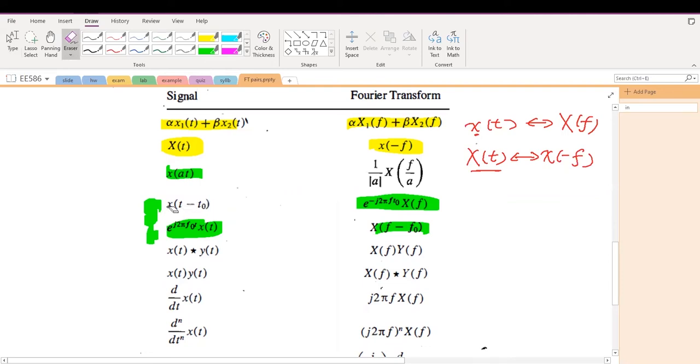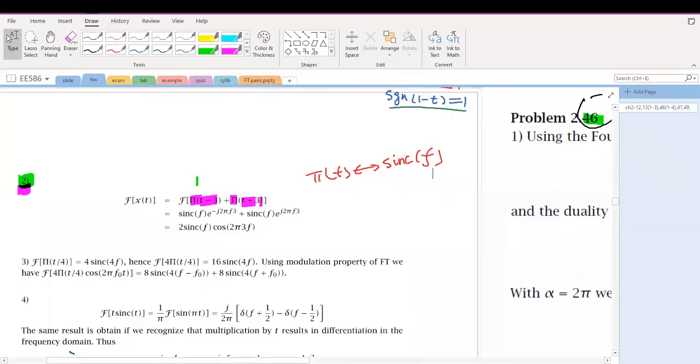x(t minus t naught) is time shifted. Then with the Fourier transform, the Fourier transform is shifted by the phase e to the power minus j 2 pi f t naught. That's a phase shift. We know the Fourier transform of pi(t), that's sinc f. So using the Fourier transform property, this is a phase shift, and this is a phase shift. Then you organize a little bit, take out the sinc function here, and using Euler's formula, that's cosine, double